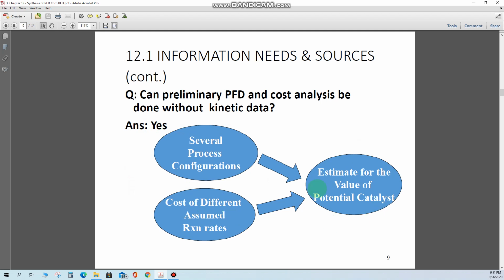So which particular catalyst is reliable for your process, and what should be the quantity or the volume of that catalyst depending on the flow rates and the composition requirements. From here you can also have an indication of the catalyst cost that could be used in the process. So the first part can give you the profit margin analysis, and then when you have that analysis, you can also estimate the cost of the particular catalyst for your process.